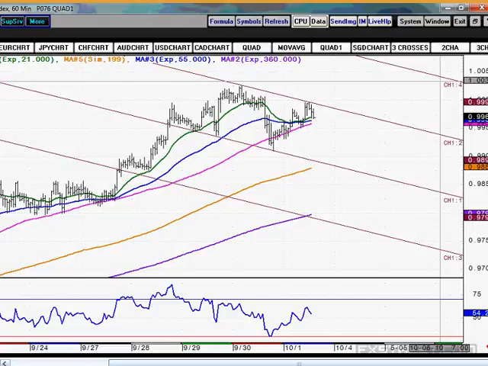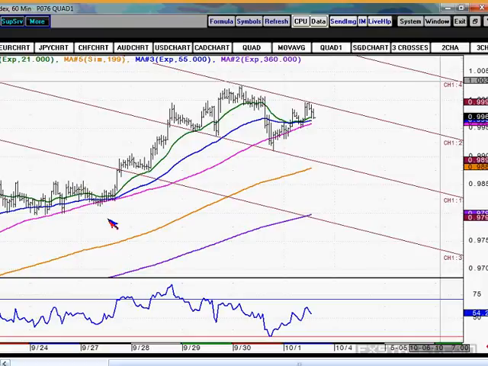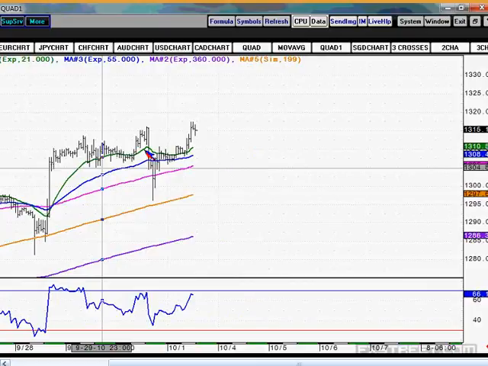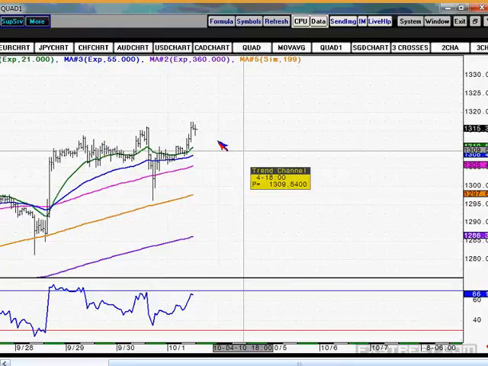The next question is, could you repeat slowly the entry points to buy gold? How long could it retrace to? Okay, buy gold. What I would suggest is, basically we are trading at a very critical level. Okay, what I would suggest, two ways: one is you just stay on the sideline for a reversal to go for a short on gold,